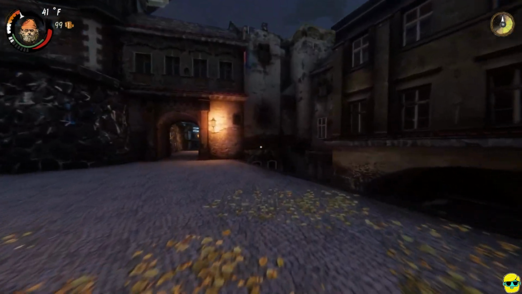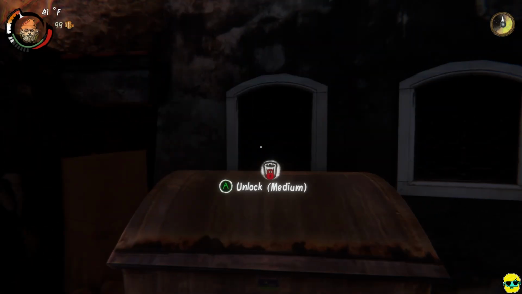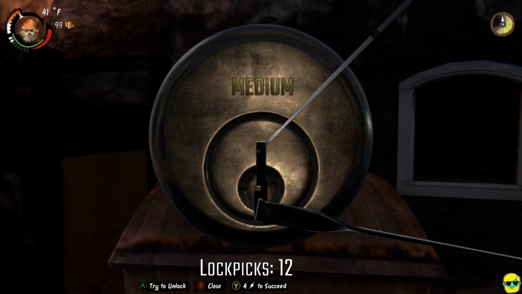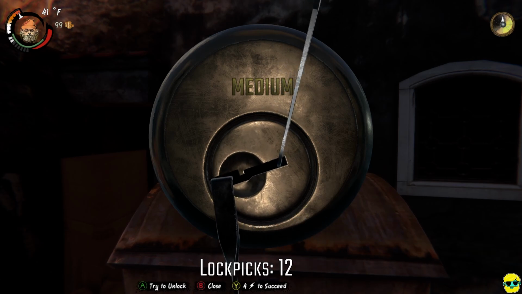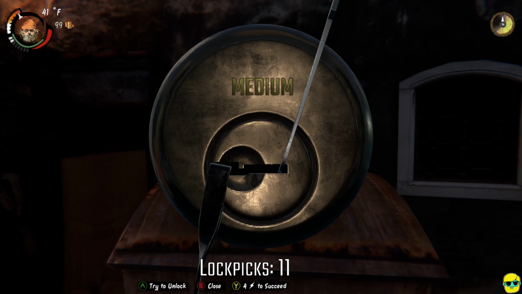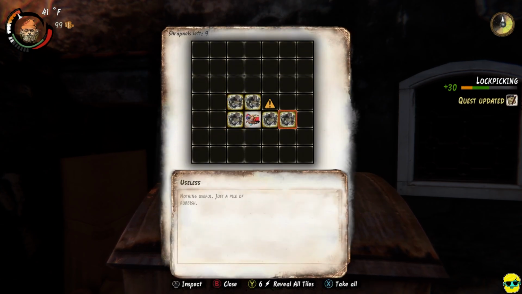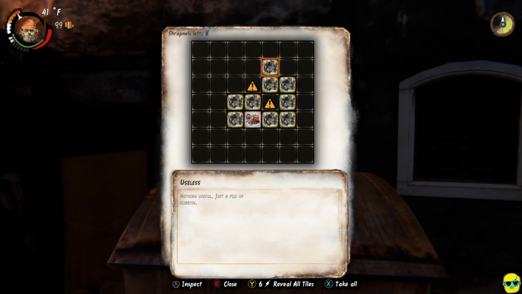You just don't want a lot of people walking around, and the dumpsters are marked, and this is one of them. Now, if you're bad at lockpicking, which we are, this will be hard. And medium is going to require, there we go, exactly that. Now, we get a bunch of lockpicking for accomplishing it, and I would search this dumpster as much as you can,